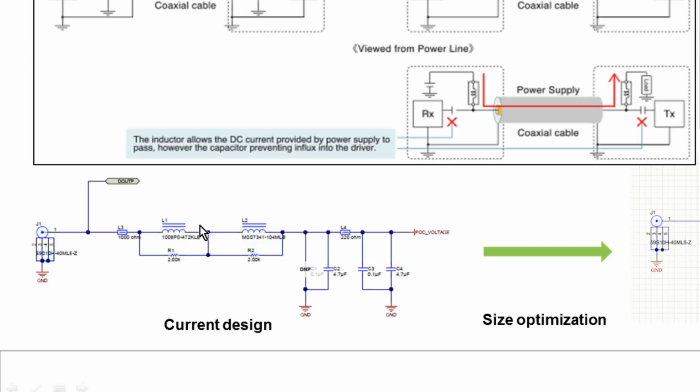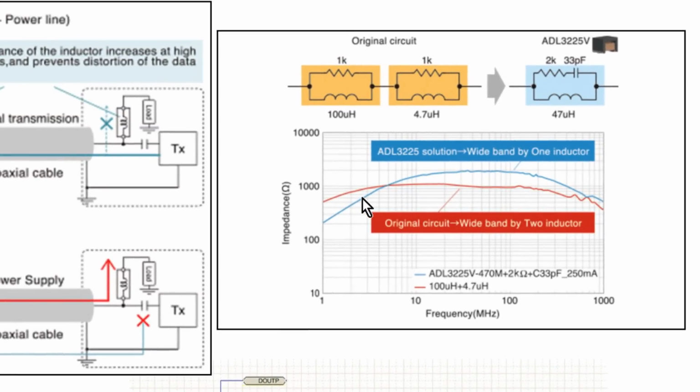However, due to parasitic capacitance, a real 100 microhenry inductor will cease to have high impedance around 70 megahertz. So you can see here the 100 microhenry inductor will have a self-resonance around here,